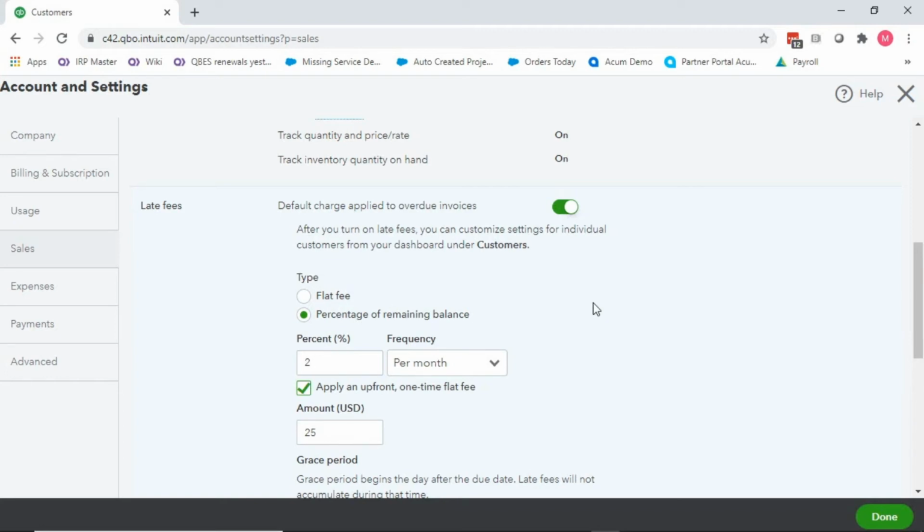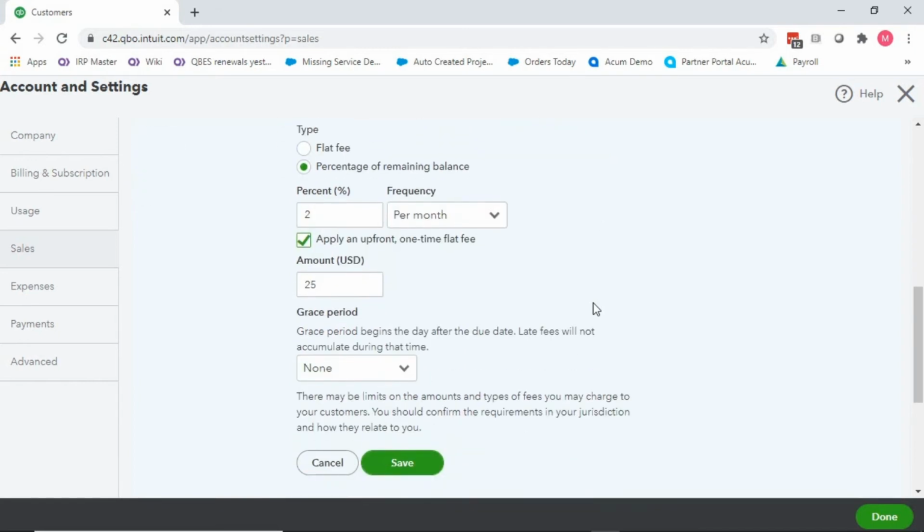Especially when you're dealing with large corporations, you might say, I'm going to assess a late fee on you, Mr. Big Corporation, and they will possibly pay you, but they will probably ignore the late fees. So just be aware of that. Awareness is key. Not everyone will pay those late fees. So you don't want to do extra work for yourself if they're not going to be paying those late fees by adding in extra invoices that you're then going to have to write off in the future.